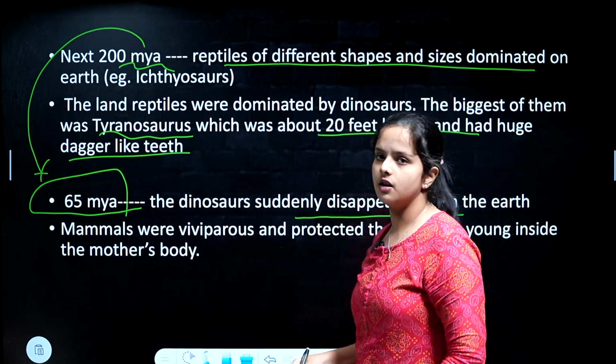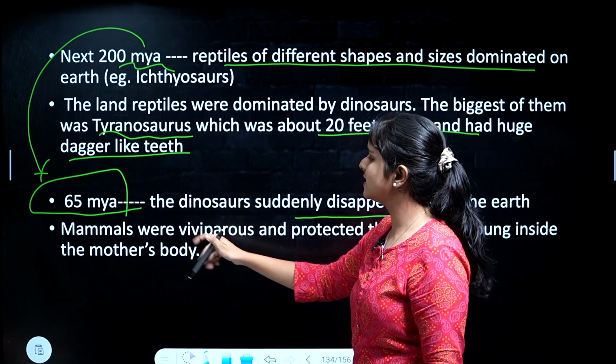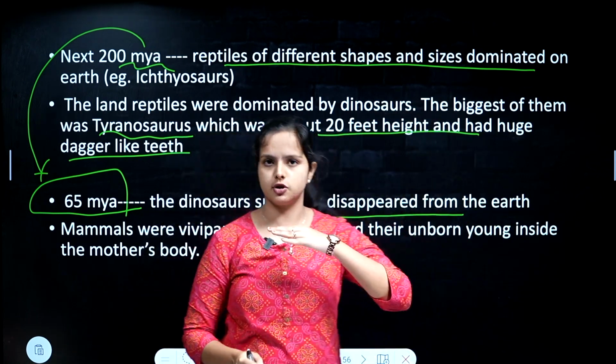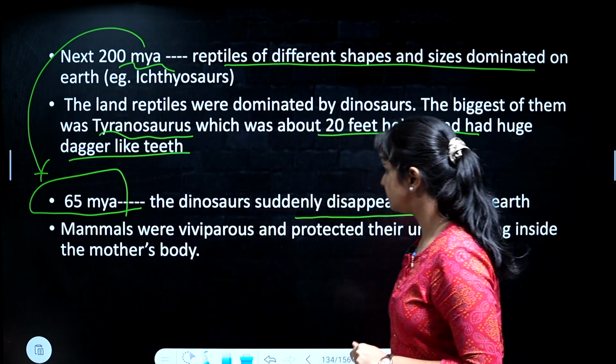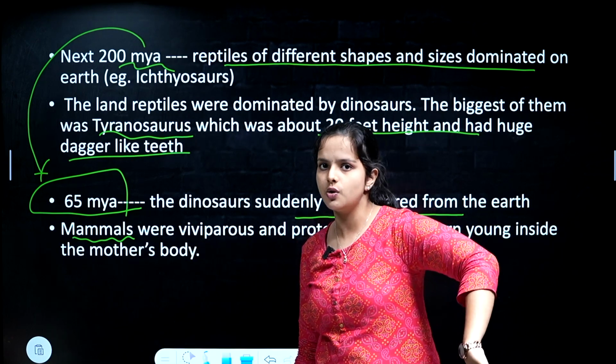So they were ruling the earth from 200 million years to 65 million years ago. But 65 million years ago, due to some reason, dinosaurs went extinct and were completely washed off from earth. Okay. And that's when mammals came into action, because if dinosaurs go down, if reptiles go down, then obviously mammals